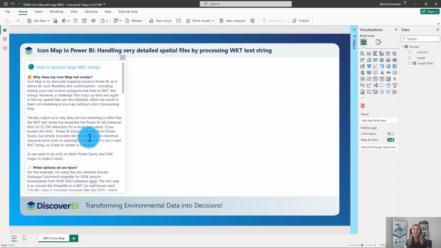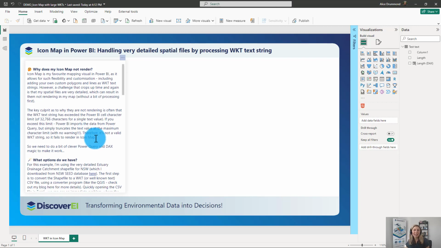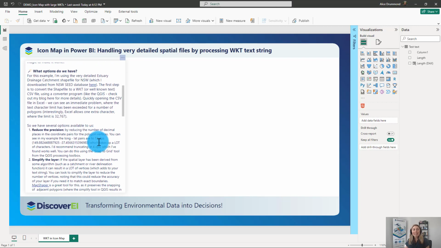So what we need to do is a clever bit of Power Query and DAX magic to make it work. But before we go into that, it's really good just to understand what options do I have. So if you've got a really detailed data set, what options do you have in your toolbox for processing and importing into Power BI? So in this example, I want to use a very detailed estuary drainage catchment shape file